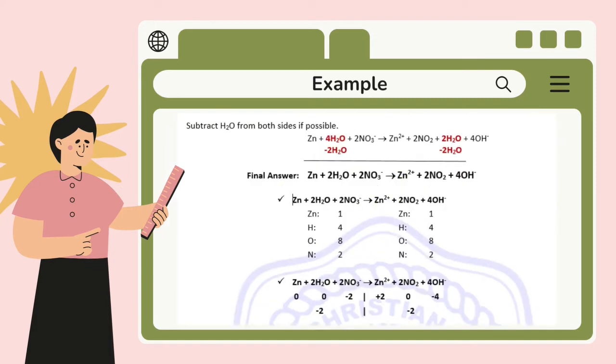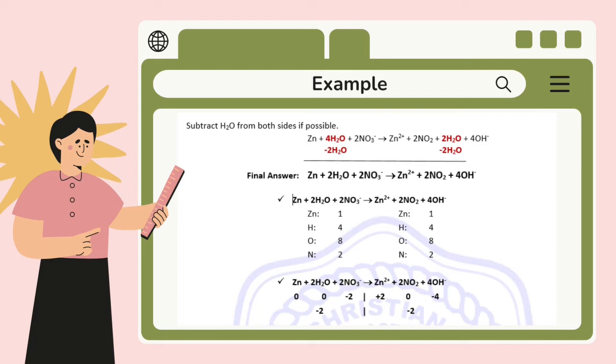With that, we're going to be subtracting H2O from both sides if possible. As you can see in here, we're subtracting 2 water molecules from both sides. So we're going to have the final answer that is Zn + 2H2O + 2NO3- produces Zn2+ +